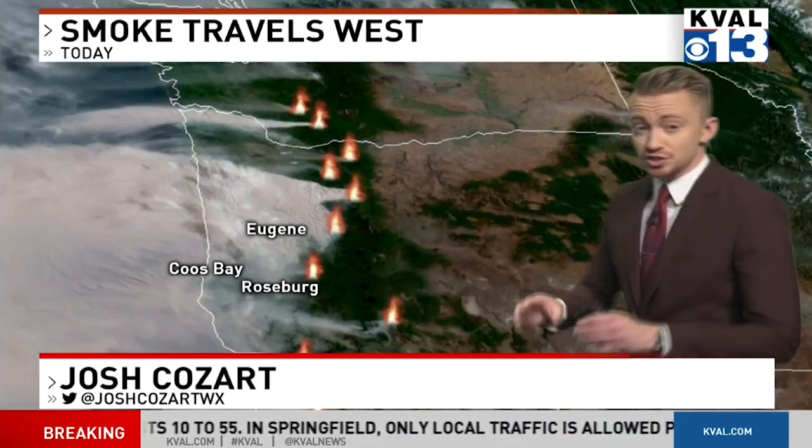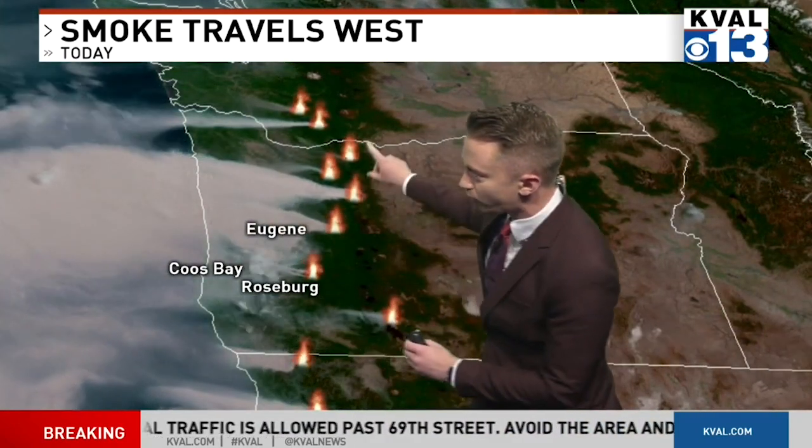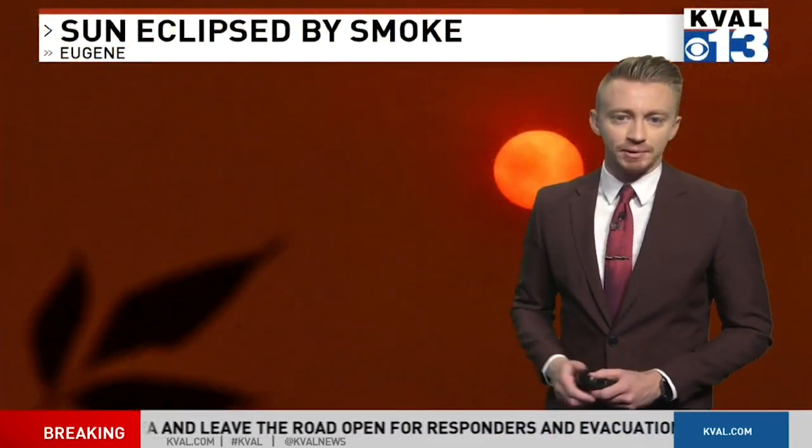And David, the air quality is definitely one of our top concerns, but I want to show you this image of the GOES 17 satellite. It does a great demonstration of showing those easterly winds pushing all of that smoke from those fires through the Cascades over the valley locations and even out along the coast